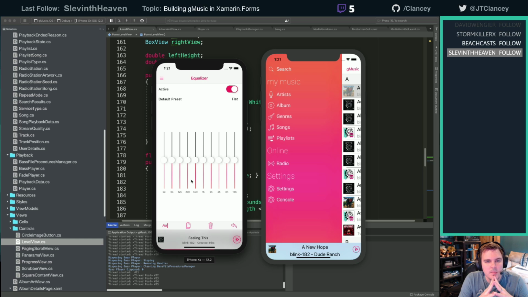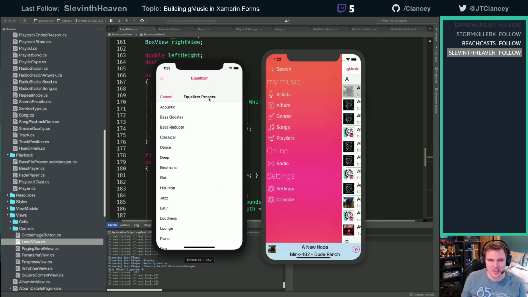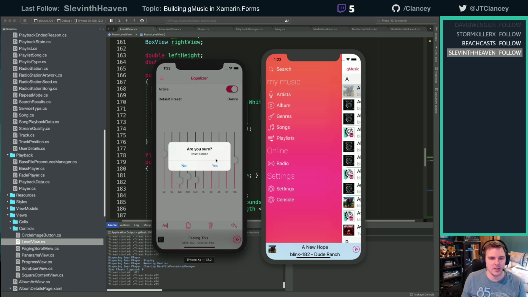But this equalizer view is an interesting one. Toolbar at the bottom, the grid in the middle of all the weird sideways sliders. And I want to actually edit the behavior for how this thing works, because right now if you edit one, you're actually editing the default ones. It should make a copy of it and let you rename it, so that way the original ones are never messed up. However, you can go to any of the original ones and just say reset, and it'll reset back to default anyway, so it's not the end of the world if you mess one up. So you can just go reset, and we go.